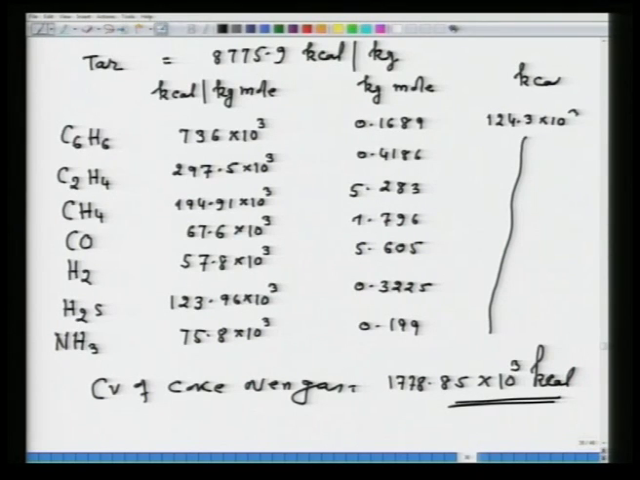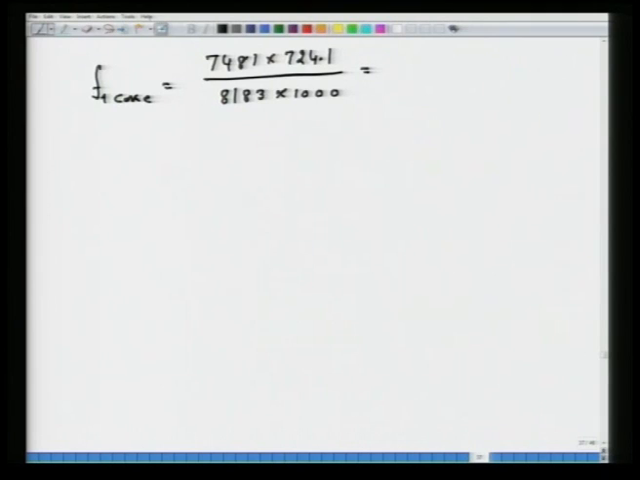Now, it is easy to find out the fraction. For coke, the fraction of calorific value F1 in coke will be the calorific value of coke, 7481 into 724.1 divided by 8183 into 1000. So, the coke contains around 66.18% of the calorific value of coal. Similarly, F2 for tar, you can find out the same way, that will be 4.29%, and